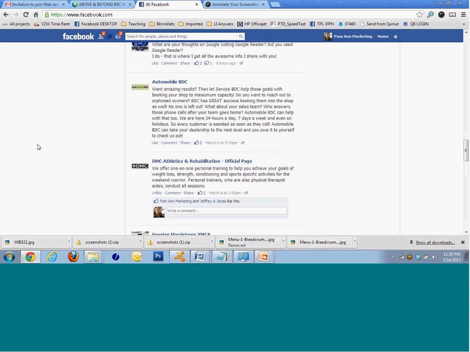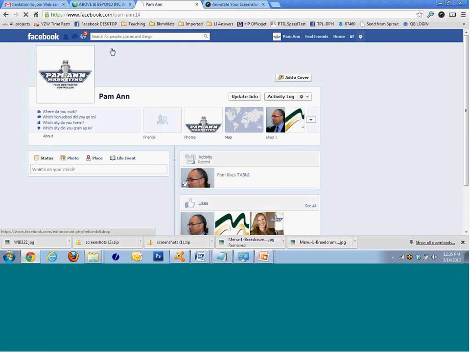So you have a separate login for your page, do you? It's not separate. No, you do have to log in with your personal page in order to create your page and in order to manage your page. And once you're logged in as yourself,